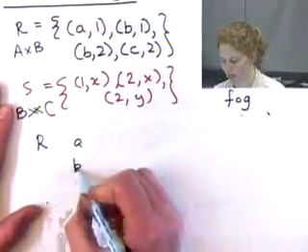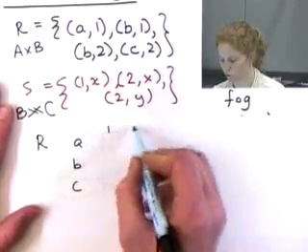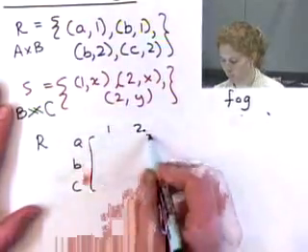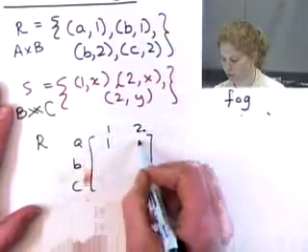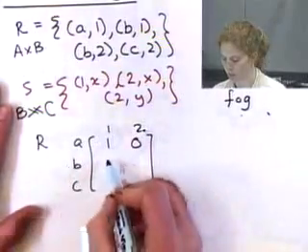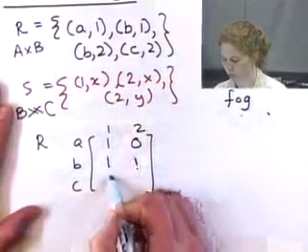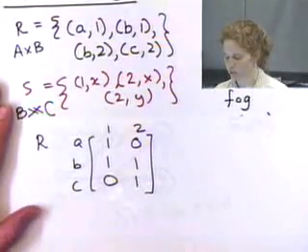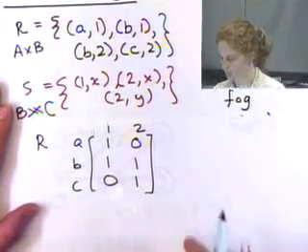We have to put A, B, and C down one side and 1 and 2 across the top. So we have a 1 in A1, a 0 in A2. In B1 I have a 1, in B2 I have a 1. C1 has a 0, and C2 has a 1. And then for S,